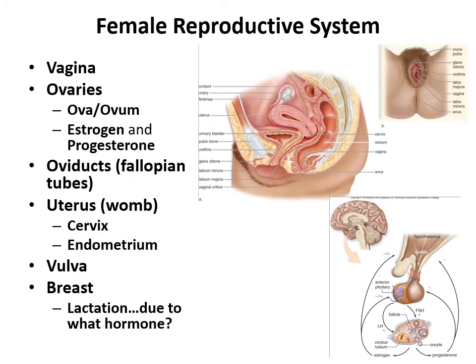Now we move on to the female reproductive system, and just like with the male reproductive system, it's important for you to briefly know the significance of each of these structures. First off, we have the vagina, which of course is the site of copulation, again meaning the site of sexual intercourse. It also serves as the birth canal.